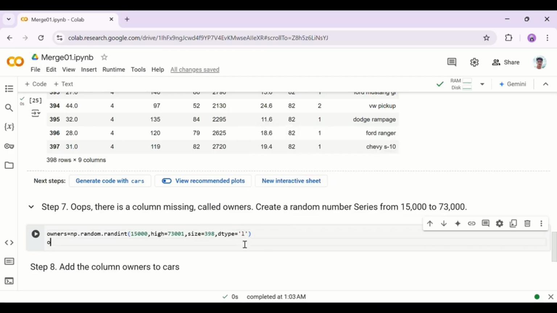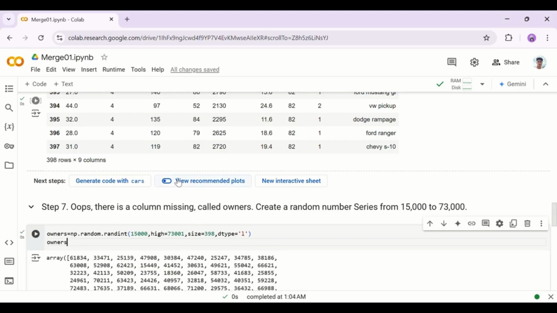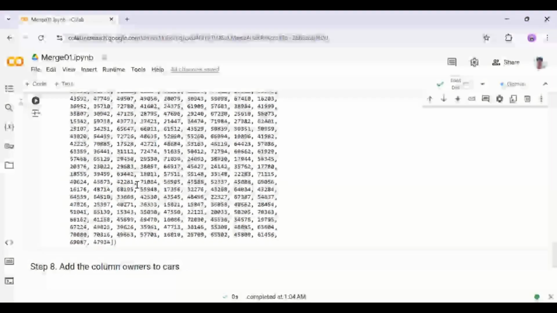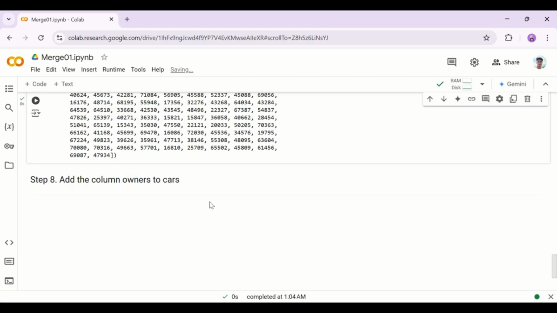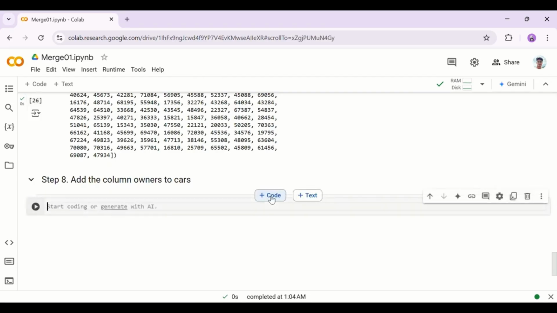Now the last one is add the column owners to the cars. We simply need to add this. So cars, we have owners, we can assign our, okay, we need to change this name. So let's say we make it